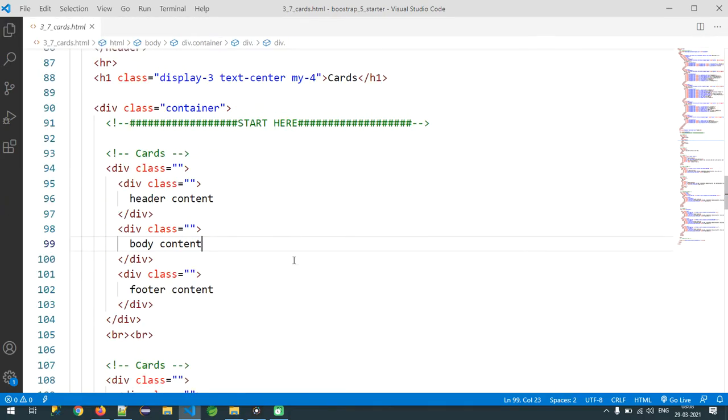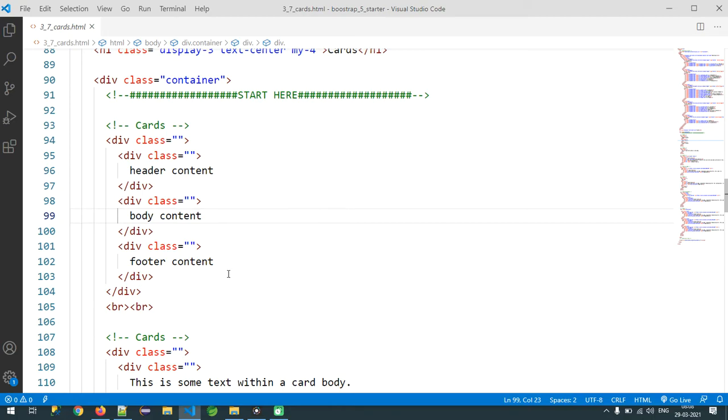Now I have the basic layout of the cards related basic setups. If you want to work with cards, you need to know cards have three sections. What are they? A header section, a body section, and a footer section.